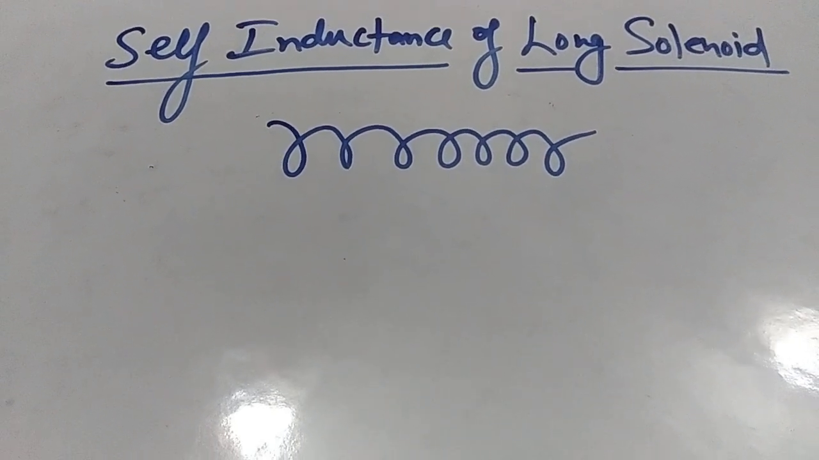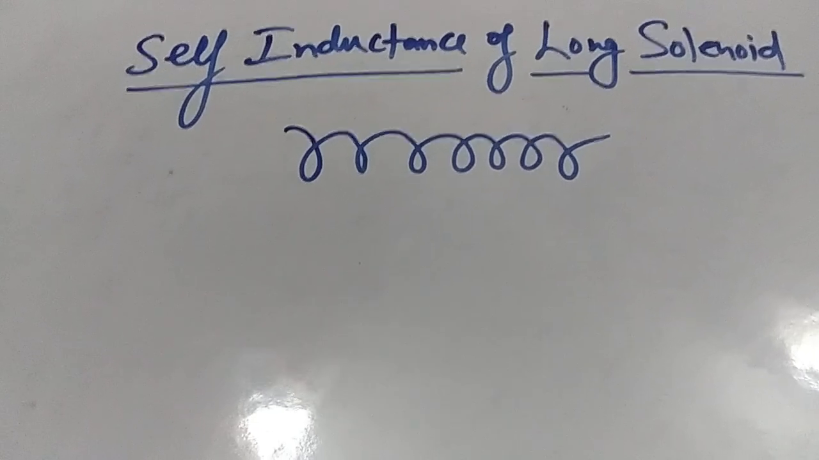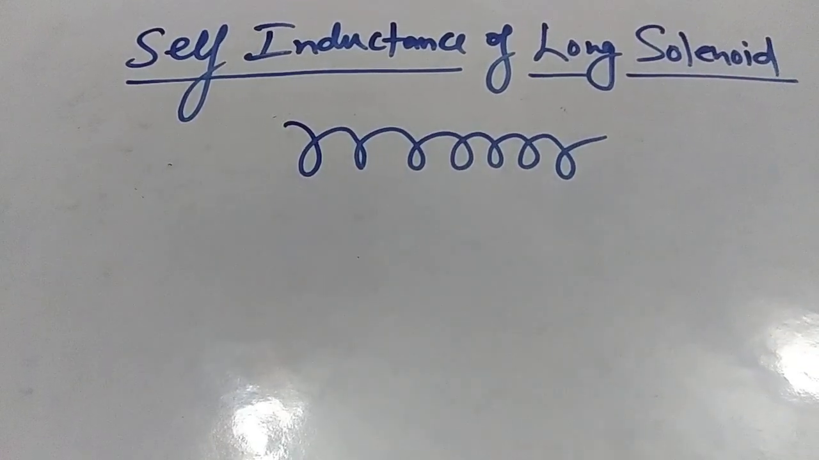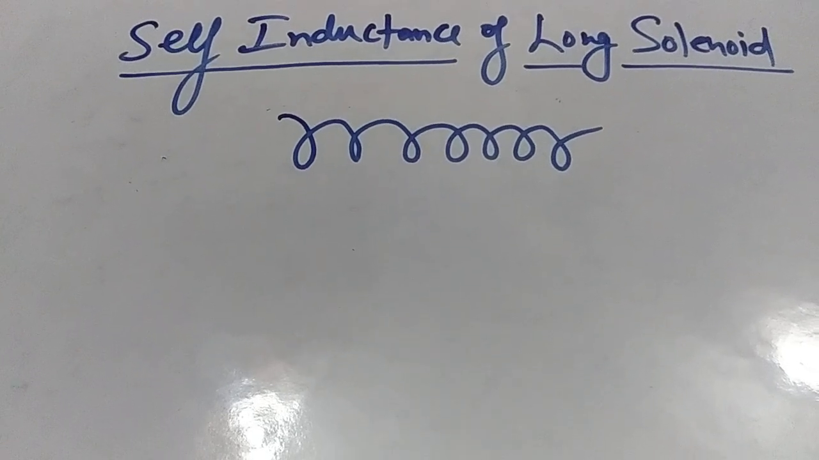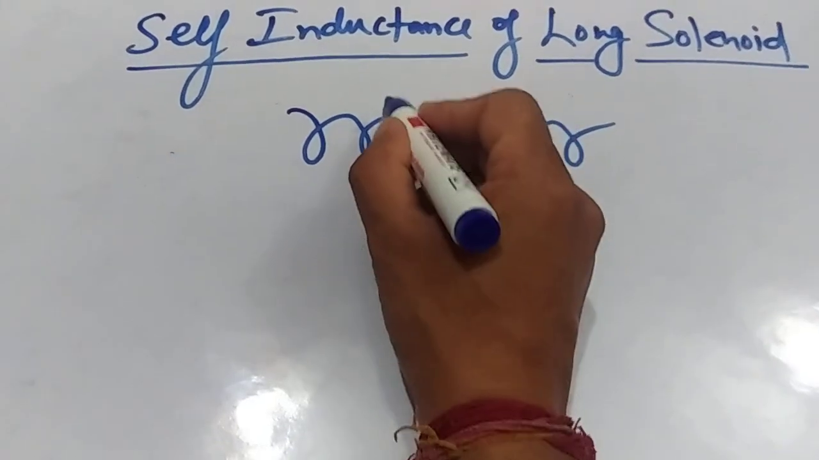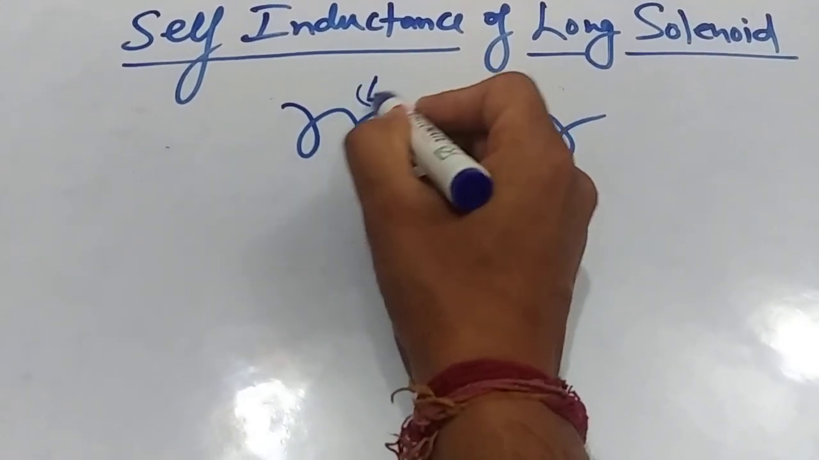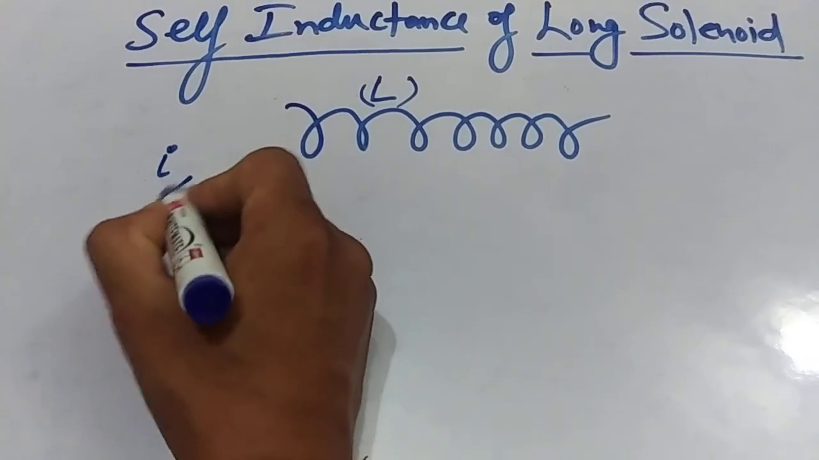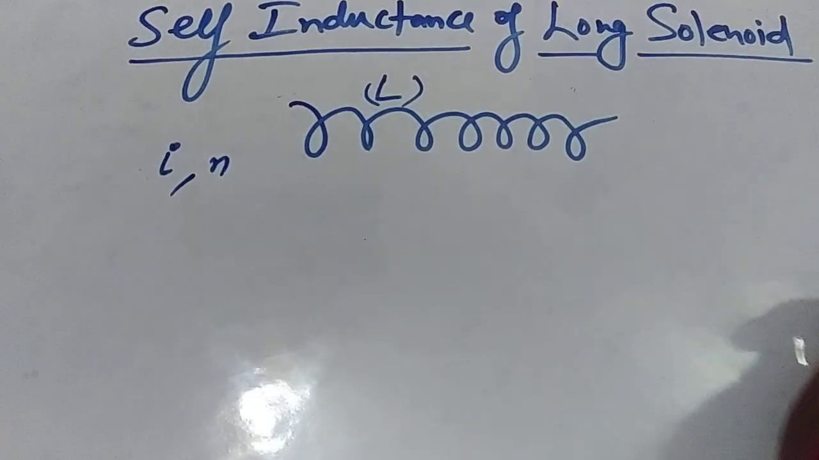So here I am going to derive an expression for self-inductance of a long solenoid. Let's suppose this is a long solenoid having large length in comparison to the radius of the turns. So यहाँ पर हमें इसके सेल्फ इंडक्टेंस यानी कि कैपिटल L के लिए एक्सप्रेशन फाइंड आउट करना है. तो स्टूडेंट्स लेट्स सपोज I is the current and N is the number of turns per unit length of